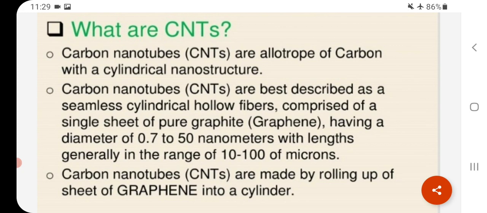Carbon nanotubes are made by rolling up a sheet of graphite into a cylinder. The carbon nanotubes can be considered as cylinders made up of graphite sheet. A carbon nanotube can be imagined as the folding of a graphite sheet. If we imagine the rolling of a graphite sheet, then the same lattice strain due to curvature is expected in the carbon hexagons.